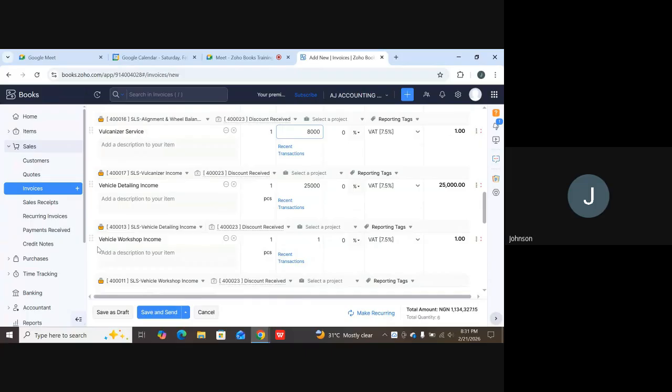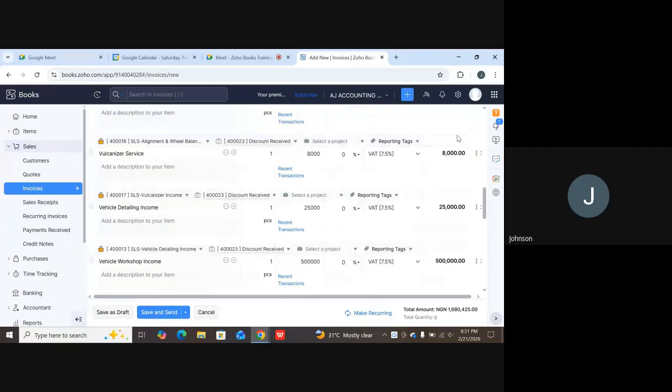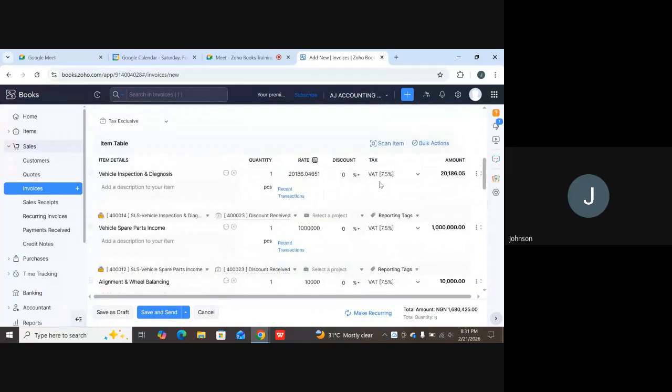Then the next thing, our vehicle workshop income. Don't forget that our vehicle workshop income includes our sundry, our procurement fee, as well as our service charge. For this one, let's just say this is 500K. You can see that all the things that you have here, we assume that they are all 100%, right? That means that the VAT is going to be an additional